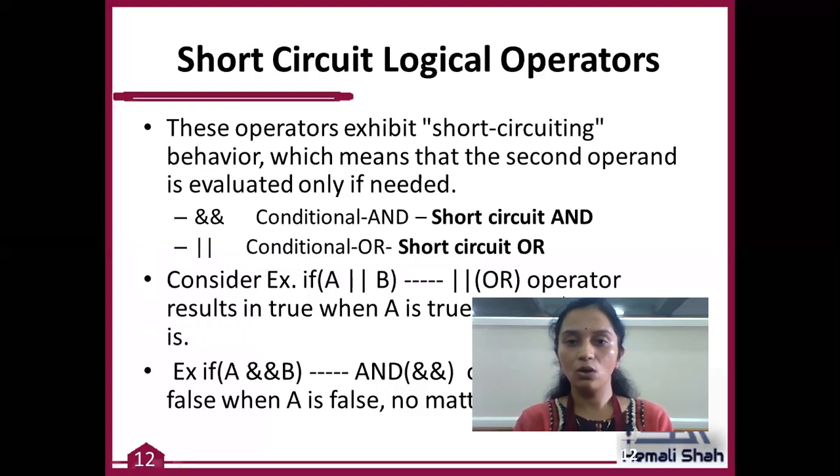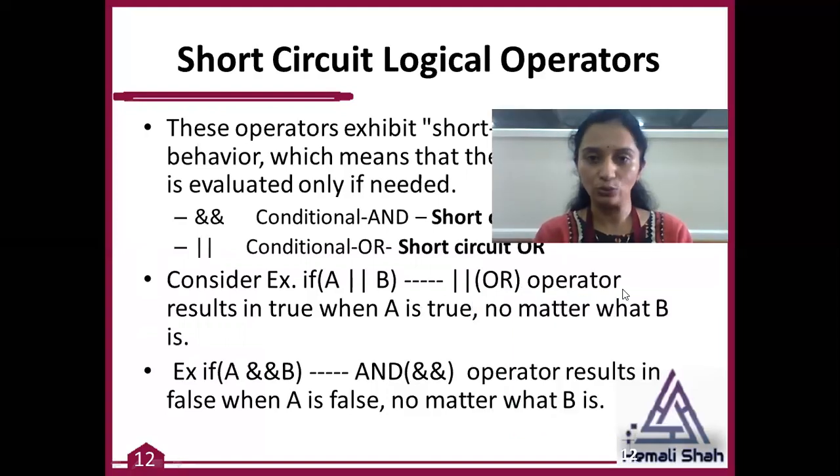Now think about the OR operator. The OR operator always gives the true answer if any one value is true. So if you get any one value true from left to right, it never executes the remaining expression which comes after the true value. Say for example, if A has a true value and you have used the OR operator, that means your whole answer will become true because any one is true. So it never checks the value for B, and even if you have used C, D, E, F, it never checks the remaining parts.